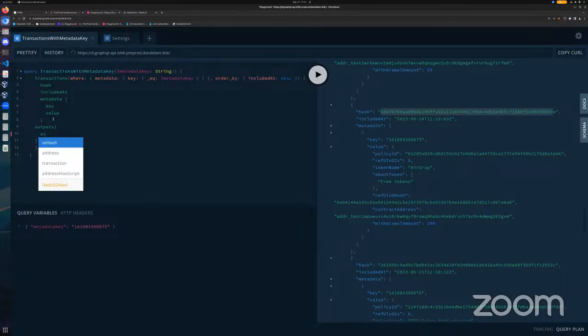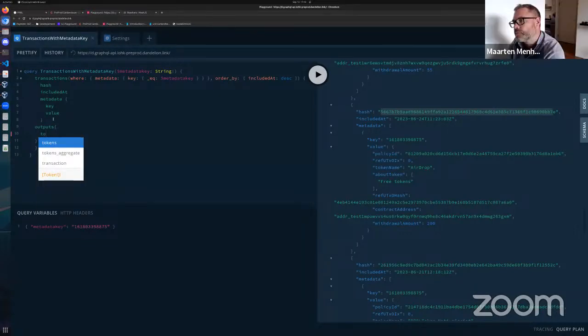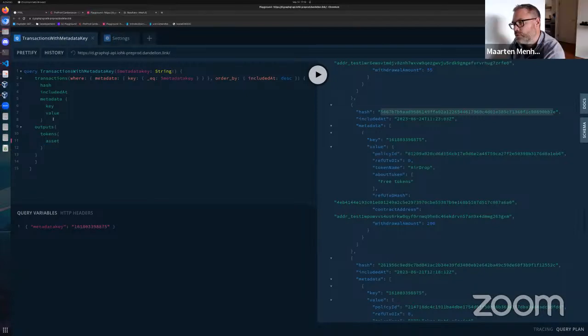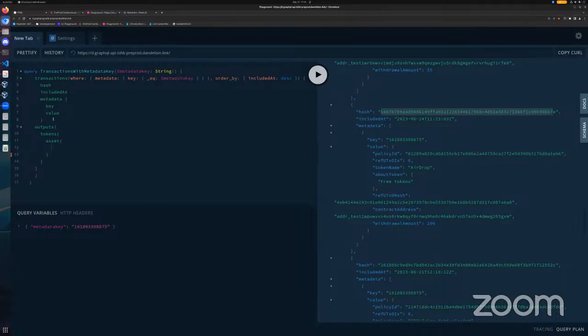No, tokens, is it? Tokens, curly brackets. And then inside of there, start typing asset, I think. There we go. Now another set of curly brackets. And finally, now start typing asset again.